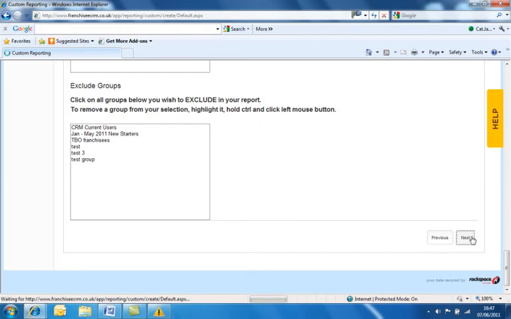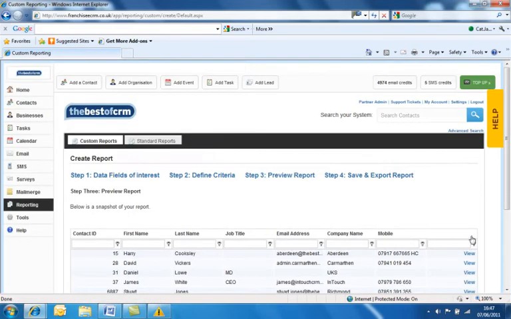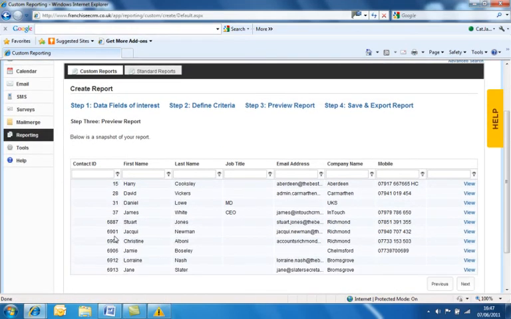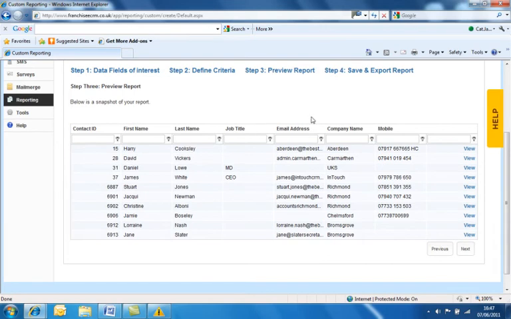So this will take you to the next stage of the report structure, where you can preview the report. This will be a snapshot of the report that you get. So the contact ID, first name, last name, job title, email address, company name and mobile are the criteria that I set, and obviously those are the fields of interest, and that will be populated by the criteria that was set. By clicking next,